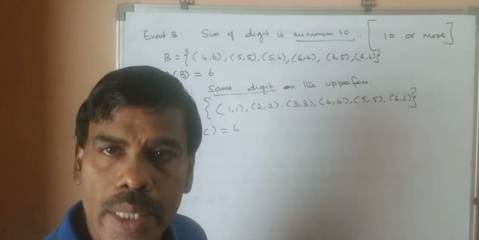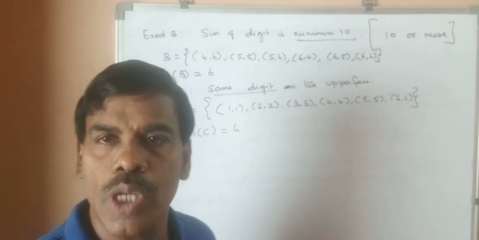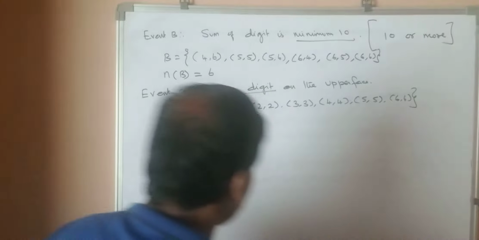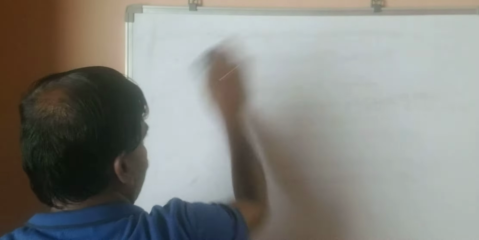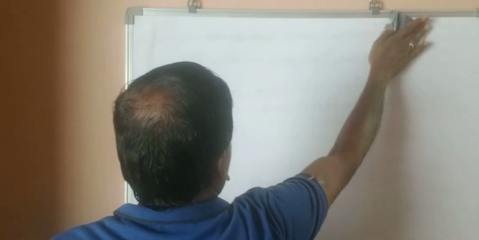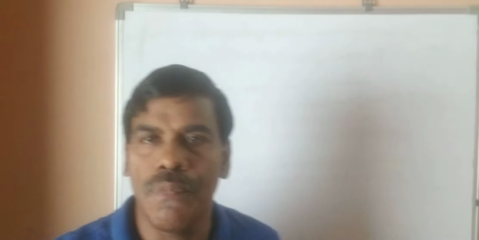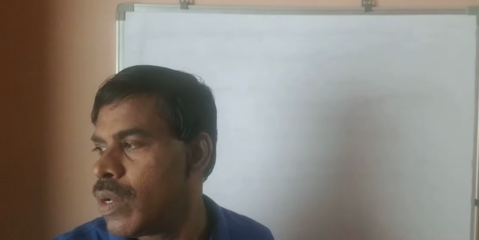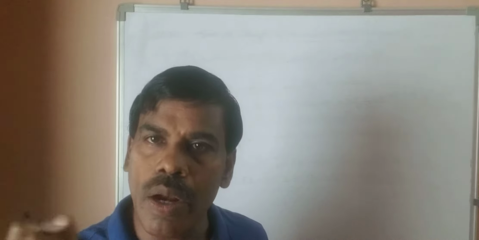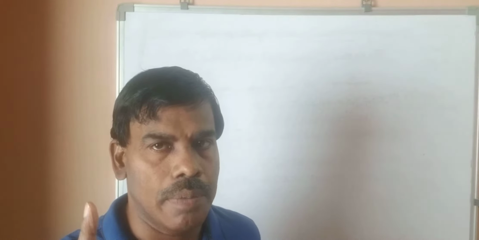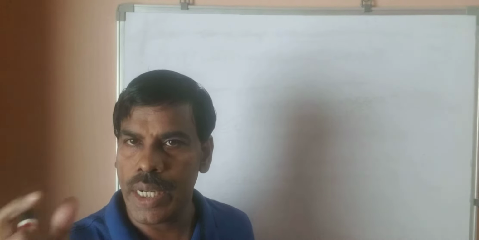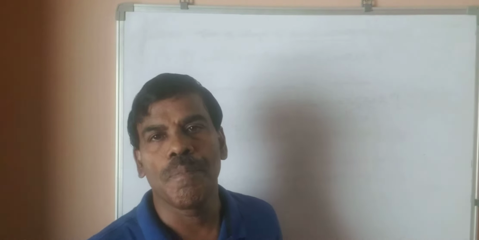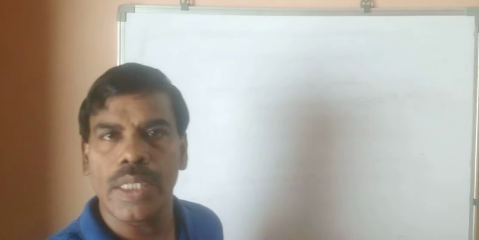Okay. Now another example we will see in terms of coins. Tell me, suppose you are tossing a coin, what will you get? You will get either head or tail. If you are tossing one coin, if you are tossing two coins, HH, HT, TH, TT, so you will be getting 4. If you are tossing 3 coins, what will that be?